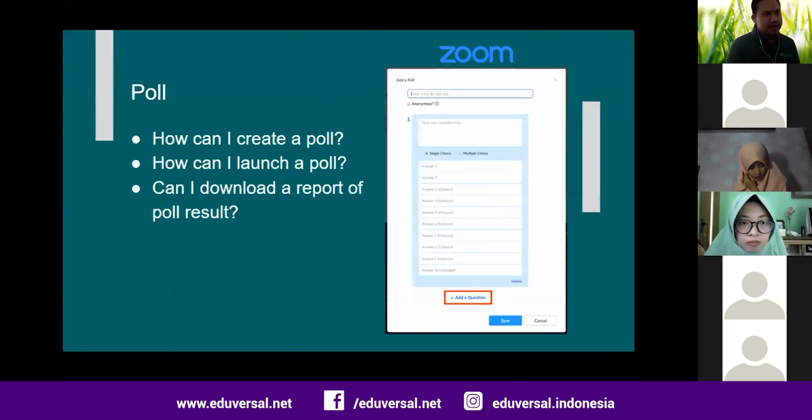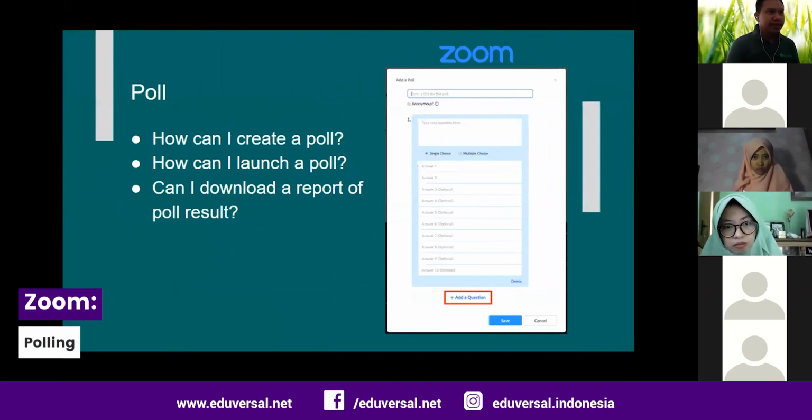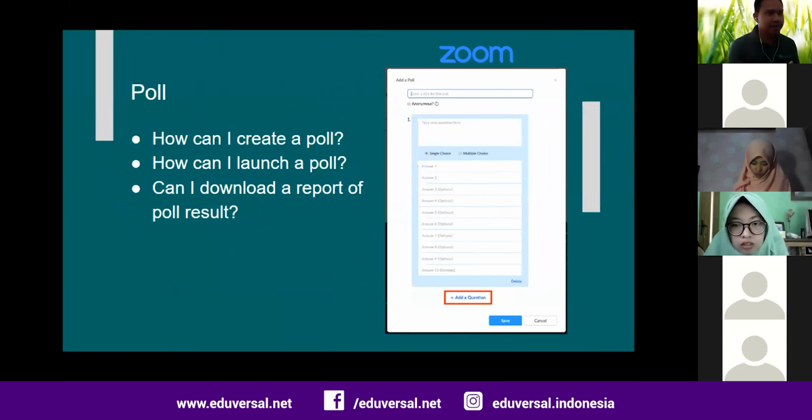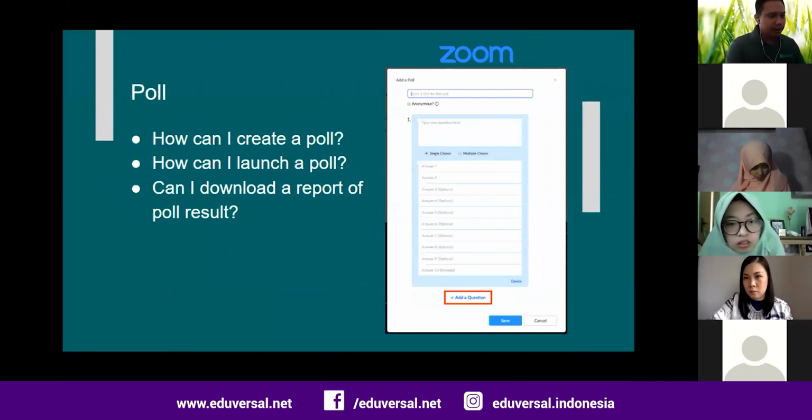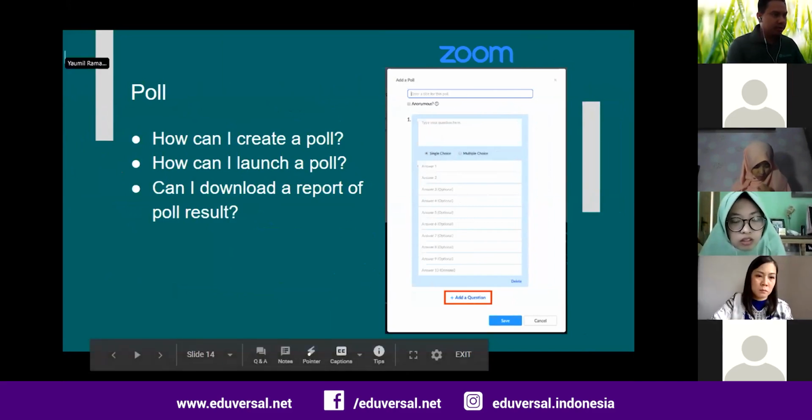So the next one is using polling. How can I create a poll? How can I launch a poll? And can I download the report of the poll results? Normally these features you can only see in the paid version, but I will show you how this works. So for example, I have polling right now.